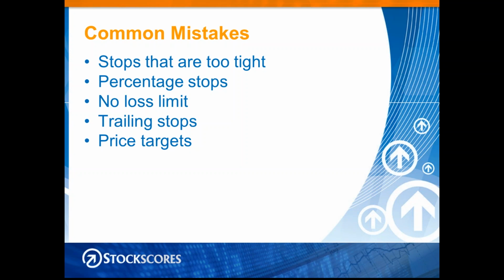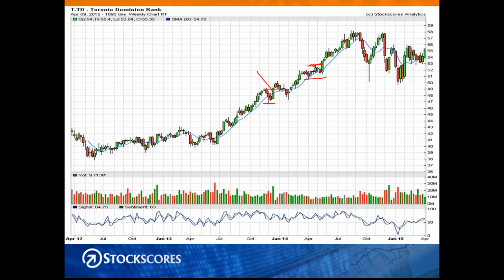Another common mistake is the use of trailing stops. They'll say, I'm going to have a $1 trailing stop. Let me explain to you what that means. A trailing stop basically says your exit price will always be $1, if you choose a $1 trailing stop, $1 behind the high. So in this case, TD Bank topped out there at 44.75, let's say. So if you had a $1 trailing stop, you would have a stop loss point at